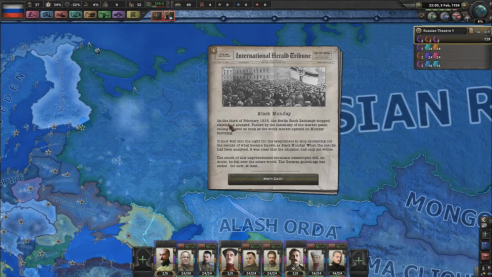On the 3rd of February 1936, the Berlin Stock Exchange stopped sinking. It plunged. Fueled by the instability of the market panic, selling